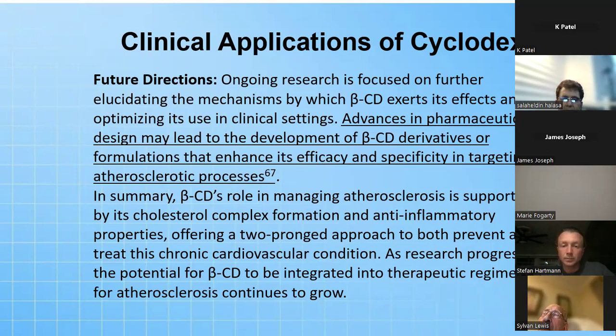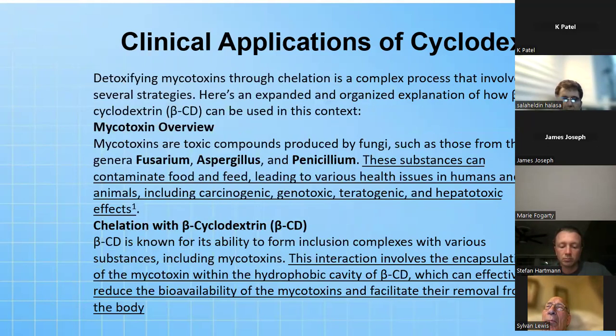In summary, beta-cyclodextrin's role in managing atherosclerosis is supported by its cholesterol complex formation and anti-inflammatory properties, offering a two-pronged approach to both prevent and treat chronic cardiovascular conditions. As the research progresses, the potential to integrate beta-cyclodextrin into therapeutic regimens for atherosclerosis continues to grow. And I think us at CDPM, we will be leading this project along with our